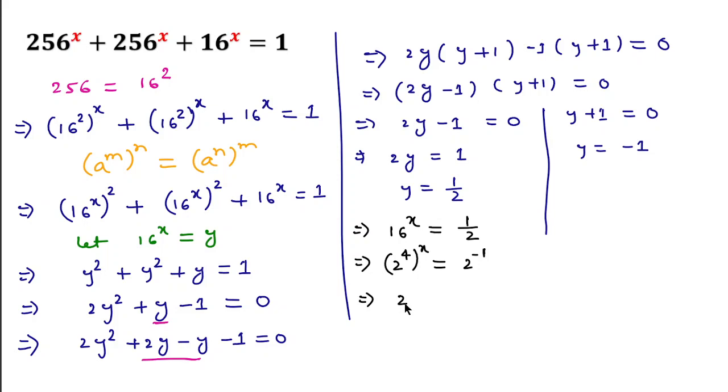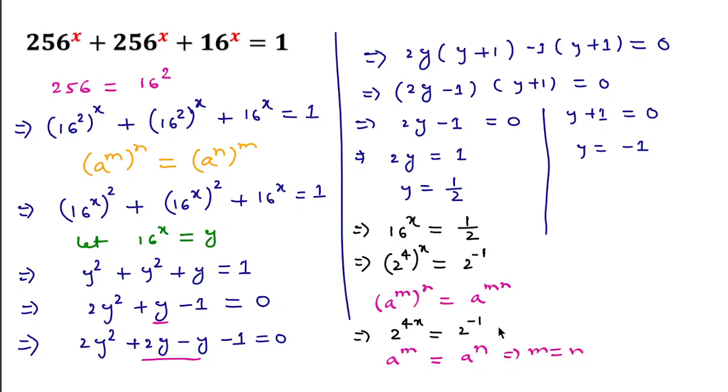and here actually I am using this exponent rule, a to the power m to the power n, then we can also write this as a to the power mn. So using this we can write this 2 to the power 4x equal to 2 to the power minus 1, and also I will use one exponent rule, a to the power m equal to a to the power n, then m equal to n. So from here we can write this 4x equal to minus 1,